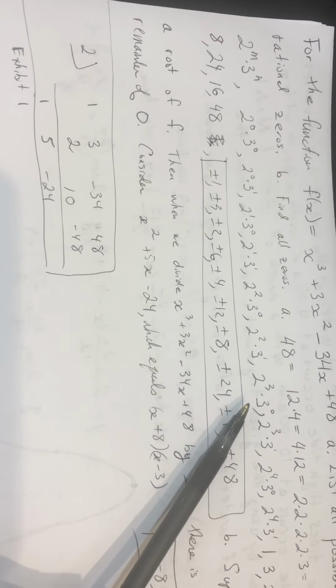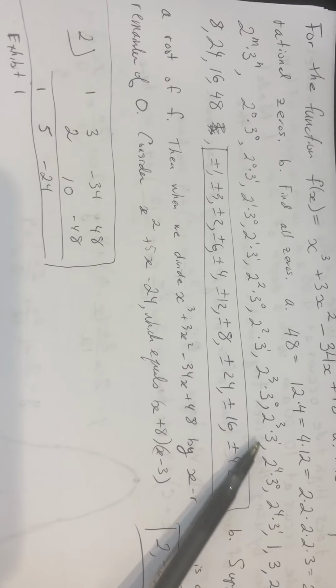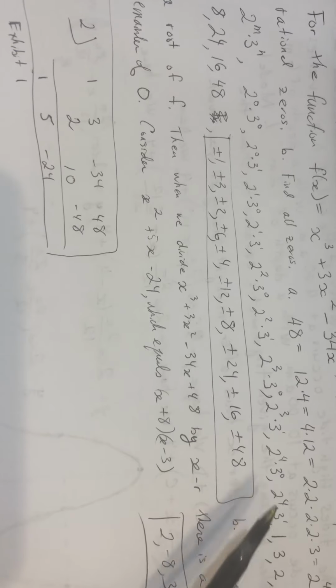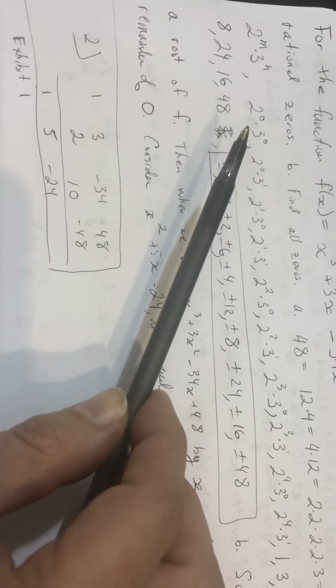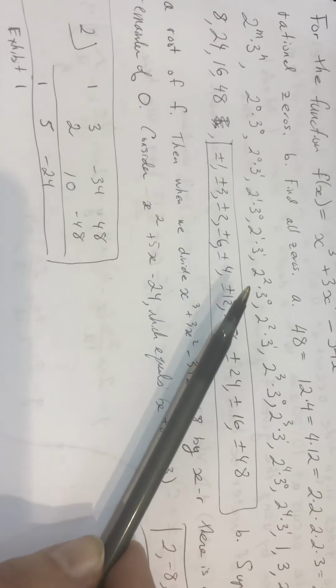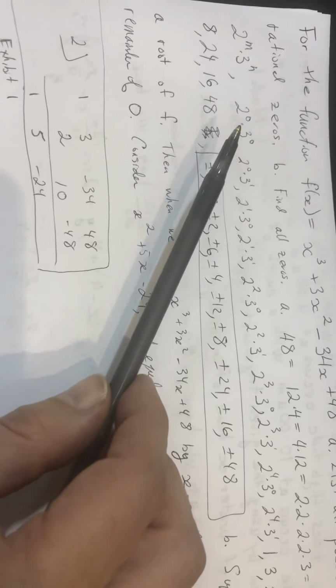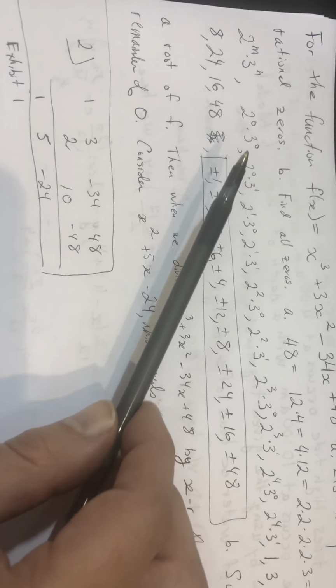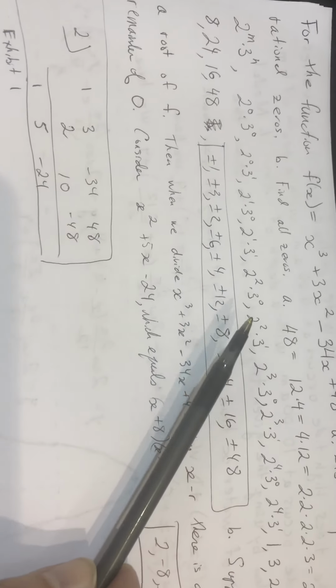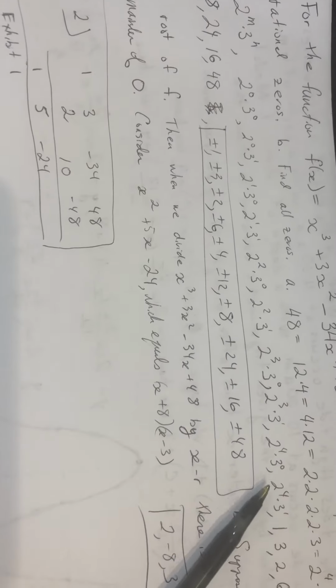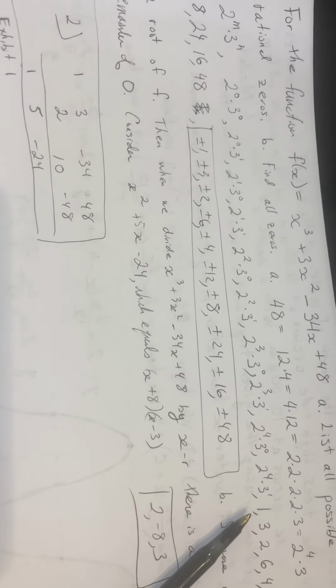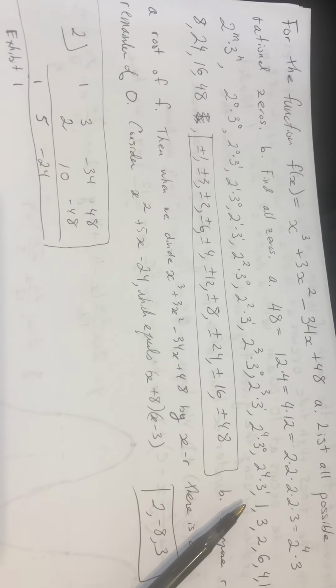2 to the 3, 3 to the 0, 2 to the 3, 3 to the 1, 2 to the 4, 3 to the 0, 2 to the 4, 3 to the 1. And we can look at the pattern here. You've got 2, 3, 2, 3, 2, 3, and so on. Now, suppose it's like a counting system. So we have 0, 0, 0, 1, 1, 0, 1, 1, 2, 0, 2, 1, 3, 0, 3, 1, 4, 0, 4, 1. All right, then if we simplify, we got 1,